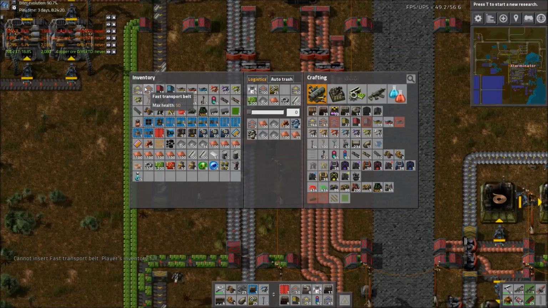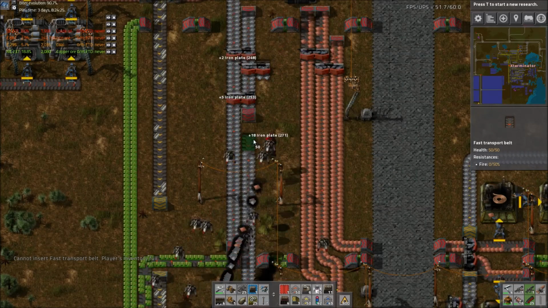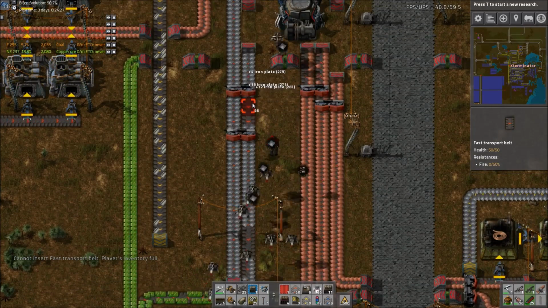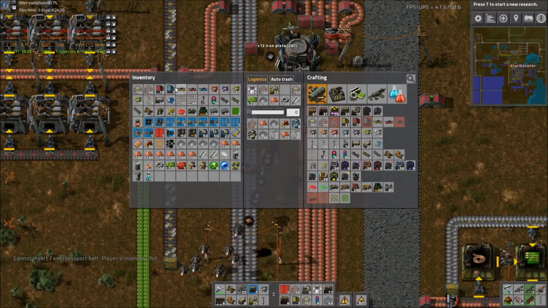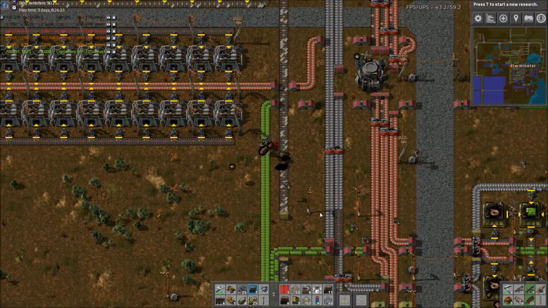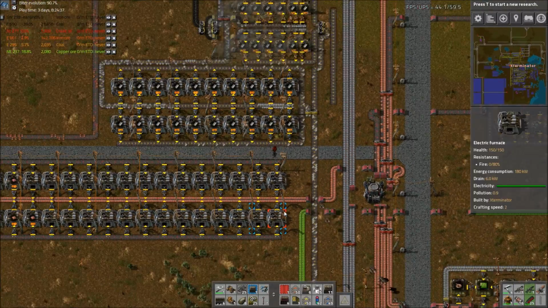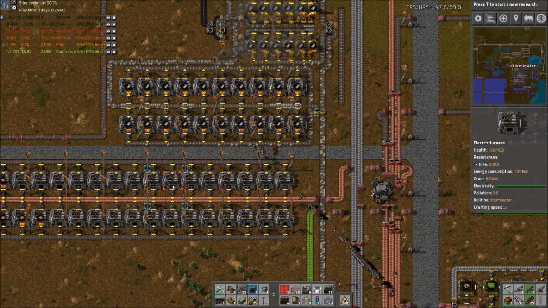Okay, so I think this could just go straight, couldn't it? Yeah. Boom. Got that. Don't need an underground here any longer. Don't need that. Don't need 2 of these, that's for sure. Probably don't even need 1, but I'll leave it just because it doesn't hurt that much. It's not like one of those super crazy balancers. Just 2 lane balancers, so...